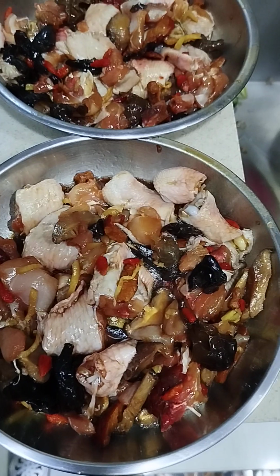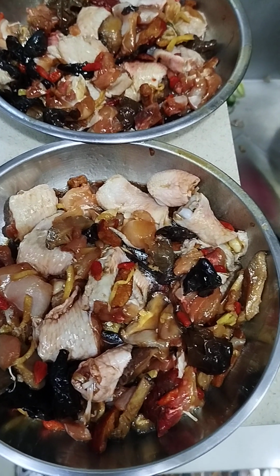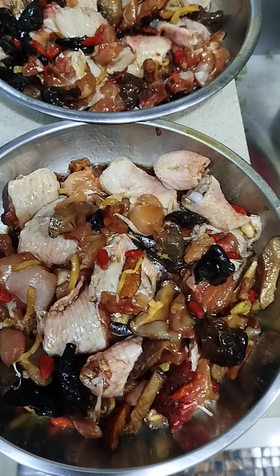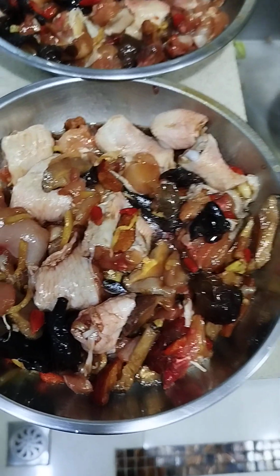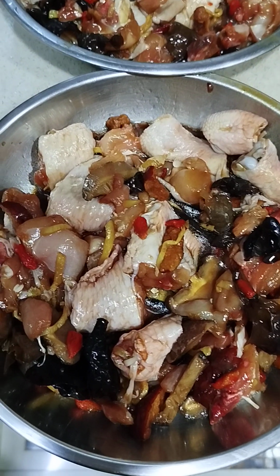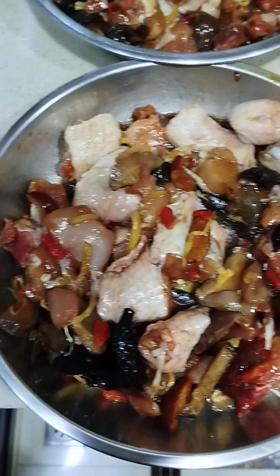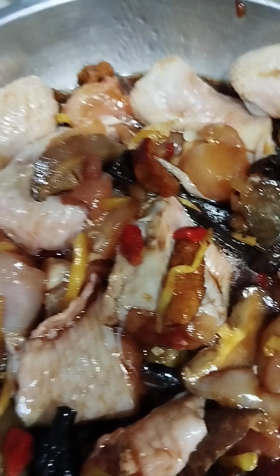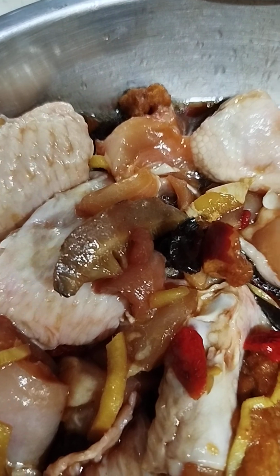Request from my boss: chicken with air fungus and black air fungus. And then chicken thigh and chicken wings I mix, and then ginger, and then the orange one I don't know, and then this one is